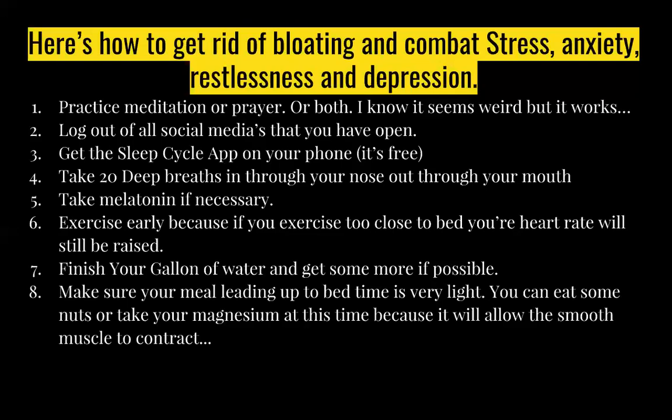Okay, and this is how I do it. Take 20 deep breaths in through your nose, out through your mouth. So you want to do that about 20 times. Just sit at the edge of your bed and just relax. And then you want to start to feel your shoulders just kind of sit down, and your arms start to relax, and